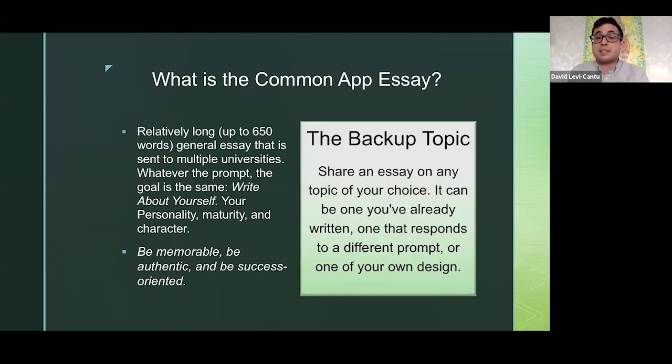Now we get to this point where we're talking about the actual Common App essay itself. It's about 650 words, that's the maximum. And it gets sent off to a bunch of different universities. So you're not supposed to actually say which universities you're sending it to in the essay itself. There's lots of different prompts. There's lots of different suggestions for what you can write about. But the goal is always the same: to write about yourself and to be memorable and be authentic and be